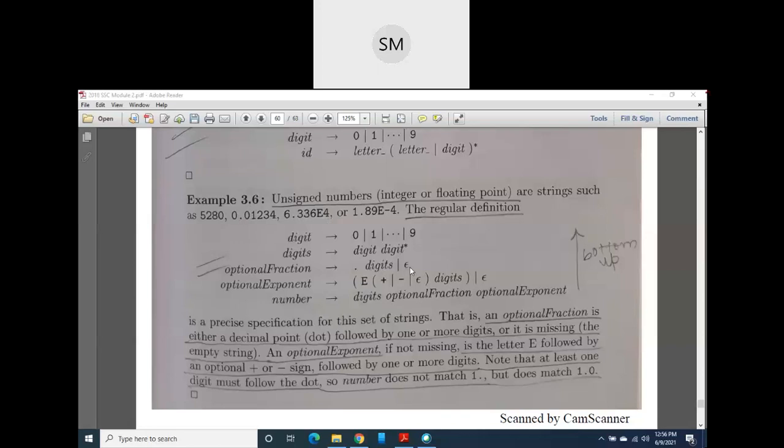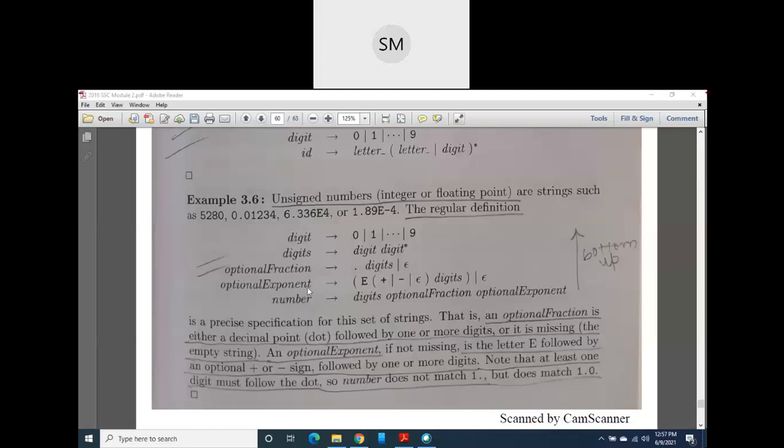So here I have included epsilon, and in the optional exponent, I have written capital E, followed by either plus or minus or the empty string, and again followed by digits, 0 or more digits, and at least one digit. After E, there will be an optional symbol, plus or minus. Here see, minus is there, but here there is no symbol. Immediately after E, one digit is there. So one or more digits, or else if it is an optional exponent, then there will be the empty string like this. Optional fraction, here also I had considered epsilon, right?